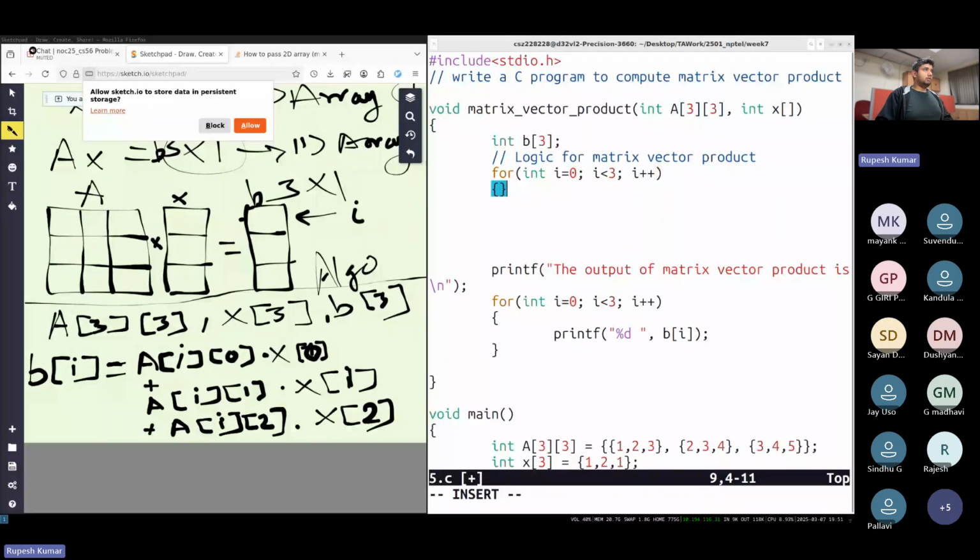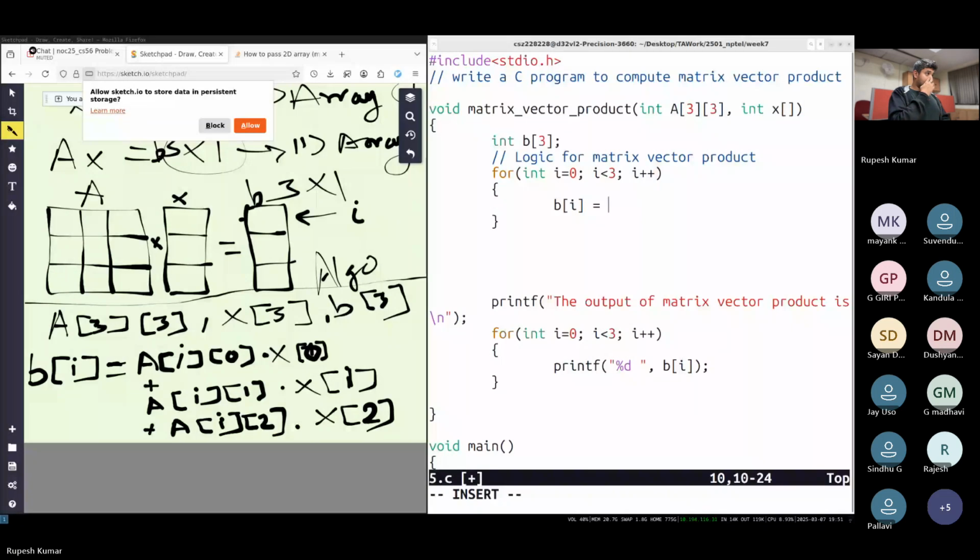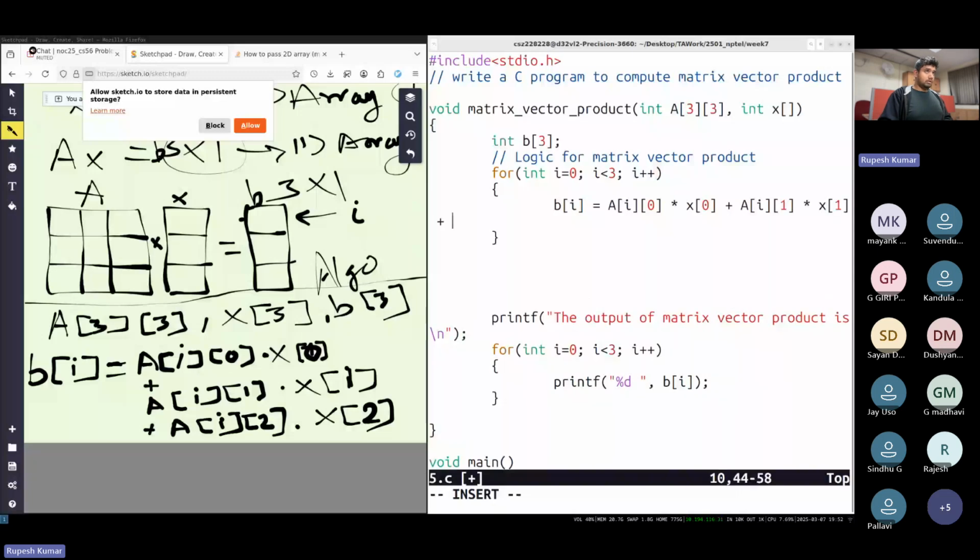So you have to loop through all the entries of the array B. And now you have to assign the value B at I equals to, just write in this logic: A at I comma 0 into X at 0 plus A at I comma 1 into X at 1 plus A at I comma 2 into X at 2.